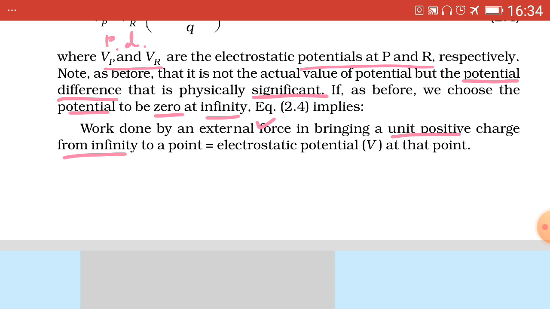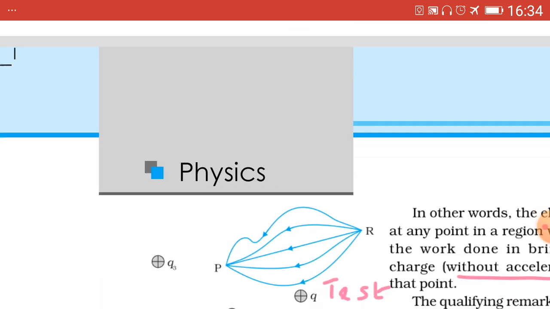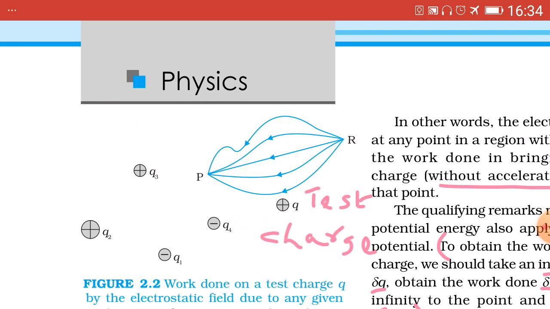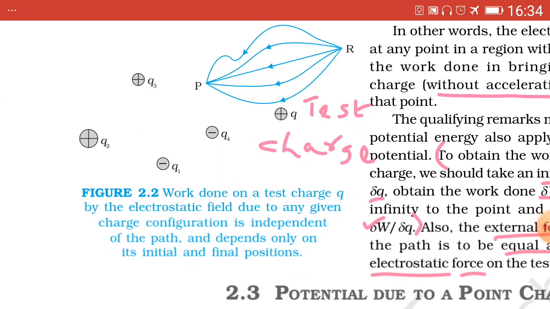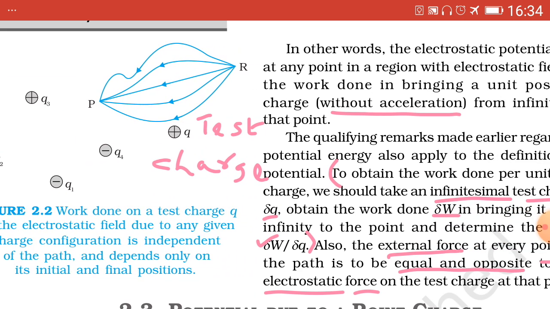Now electrostatic potential is a scalar quantity obtained from the vector quantity, that is capital E vector, which is called electric field intensity, that is electric field. Now in the above, we come back to this equation number 2.4. In the above equation, Vp and Vr